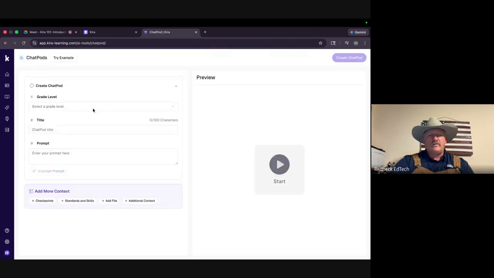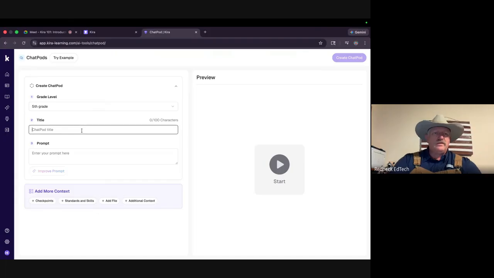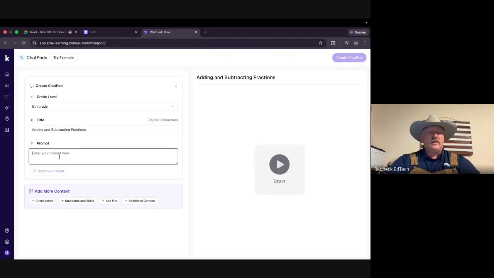When you go in to create one, and here's the deal, you set it up for the grade. You call it, for 5th grade, we'll call it adding and subtracting fractions. Now here you put in the prompt that you want it to start, what you want your prompt to be, and it has an improved prompt.